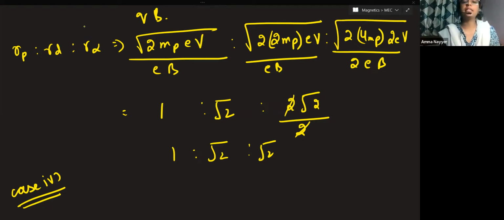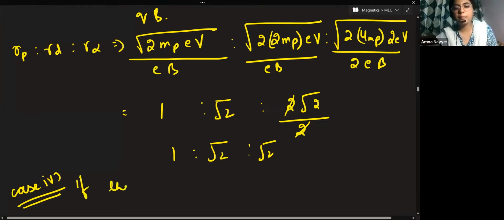All right. Now see the last case. First case, what did we do? Angle was 0 degree. Second case, what did we do? Angle was 180 degree. Third case that we did, angle was 90 degree. Fourth part says that if the particle